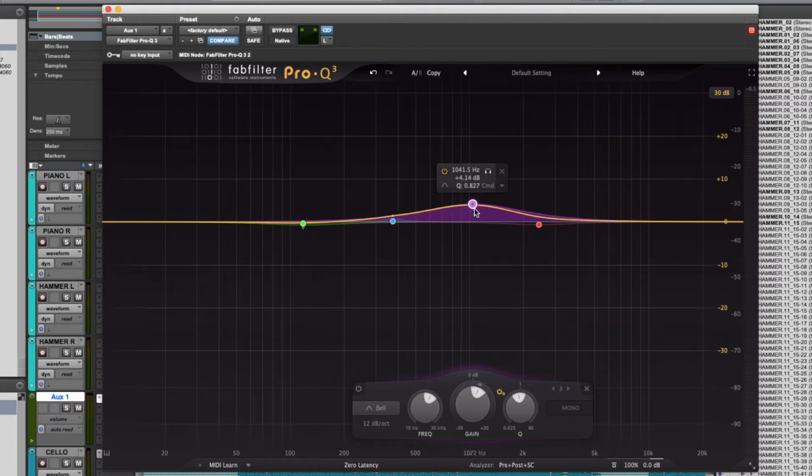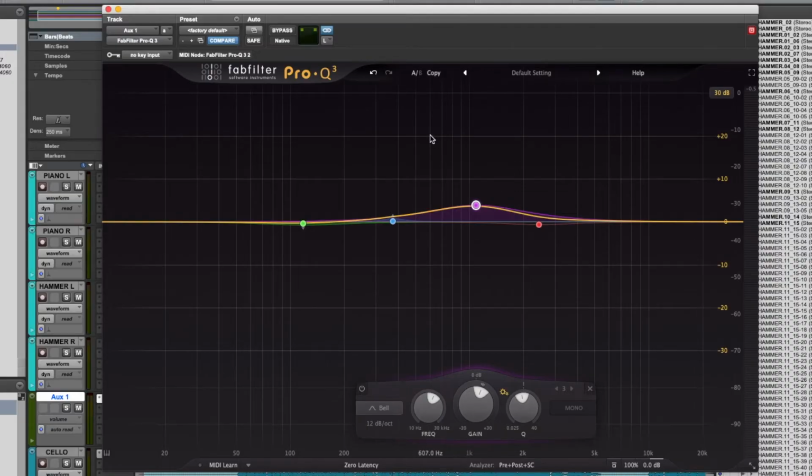You can really get in there and surgically adjust your track the way you want it to sound without needing to dive into using multiple EQ plugins at once, or even needing to use an EQ plugin and a multiband compressor. You can do all that in this plugin with a lot of success. If you're looking for a really versatile plugin, then honestly, look no further than the Pro Q3 plugin. It's beautifully designed, sounds great, and there are dozens of really handy features.